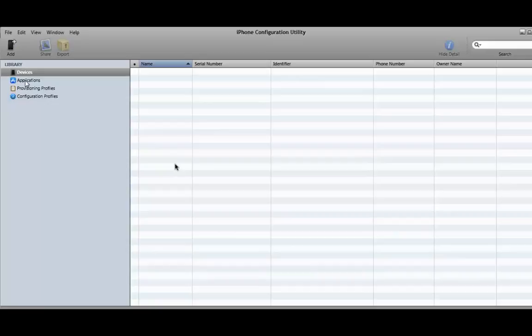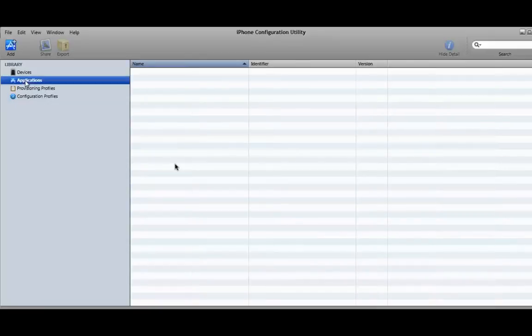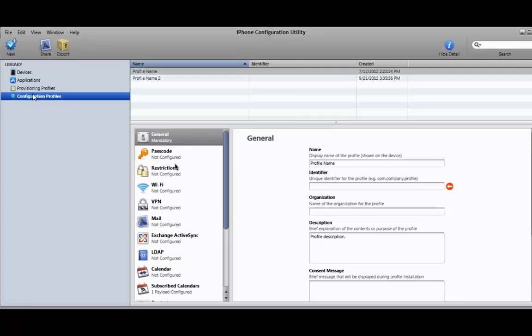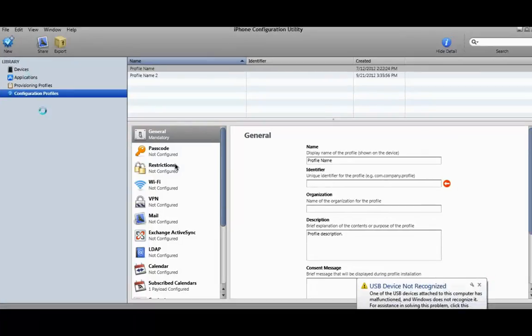In front of you there are applications which are installed in your phone. If you connect your cable, it will tell you. And there is something called provisioning profiles. What are the profiles you have installed? What are the profiles with you? And there are configuration profiles. It's all different stuff which you may not really need right now. You may really need it to take some logs, because if it's crashing, and you need to give the logs to the development